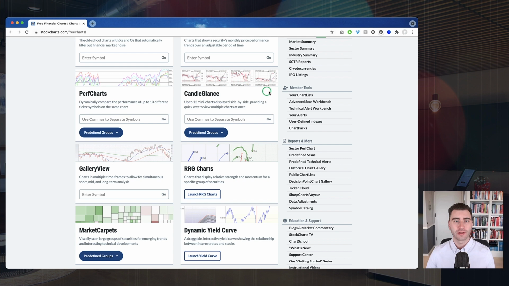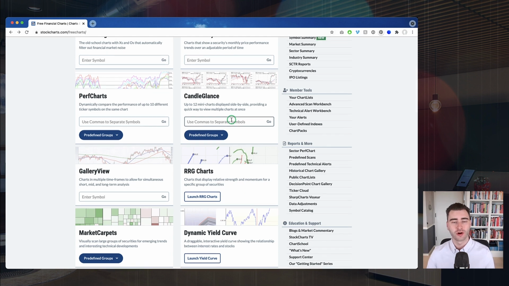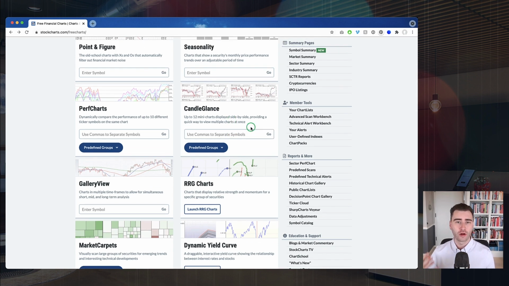Today, though, what we're talking about is CandleGlance. Now, CandleGlance, like I mentioned at the start of the show, one of our original, most beloved tools on the site, allows you to view 12 mini charts side by side on your screen at once. You've got a couple of different ways for getting to this tool. You can use this box right here to type in up to 12 ticker symbols